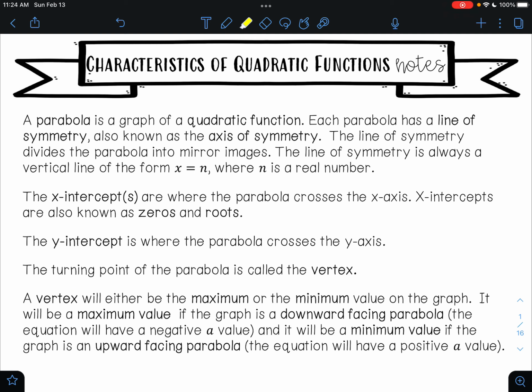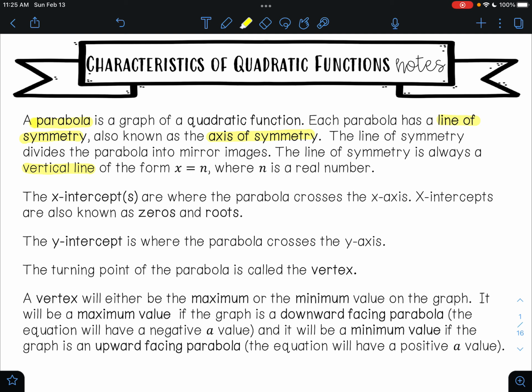In this video, we are going to learn about the characteristics of quadratic functions. A parabola is a graph of a quadratic function. Each parabola has a line of symmetry, also known as the axis of symmetry. The line of symmetry divides a parabola into mirror images. The line of symmetry is always a vertical line of the form x equals n, where n is a real